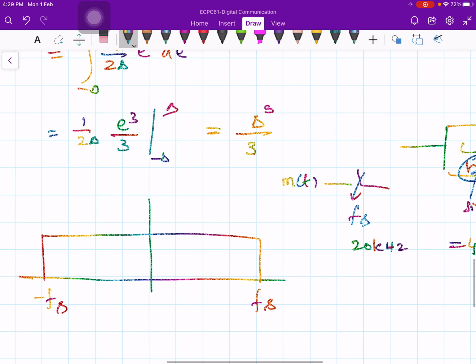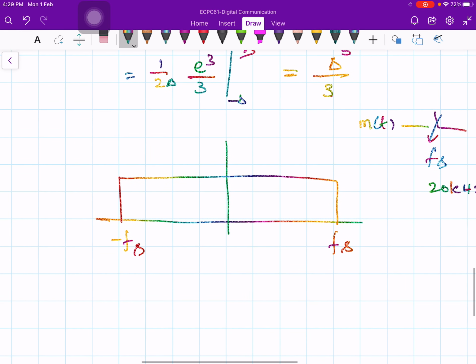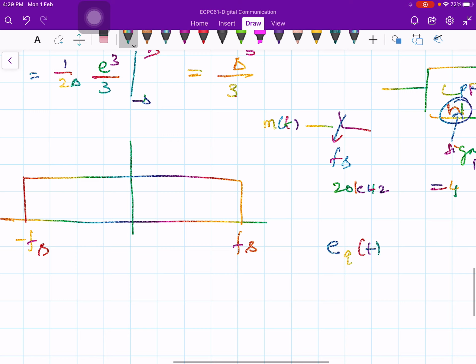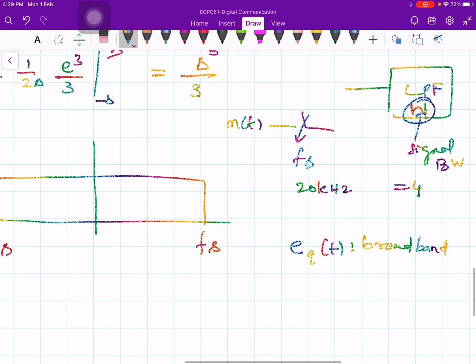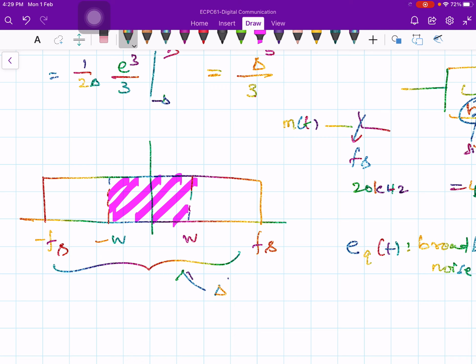Whereas this noise, e suffix q of t, is a broadband noise. There is no need to consider all this broadband noise because of this low pass filter. Anyway, the low pass filter is going to pass between minus W to plus W. Then no need to consider the remaining portions, only consider this portion alone. The total noise in this whole thing is going to be delta cubed by 3. But ultimately we are going to consider only this noise,